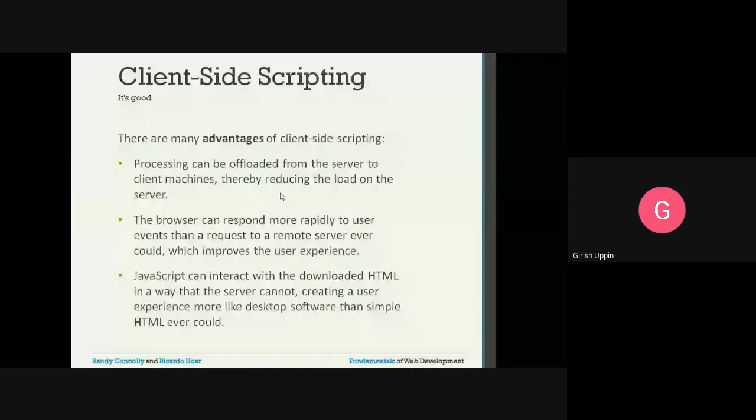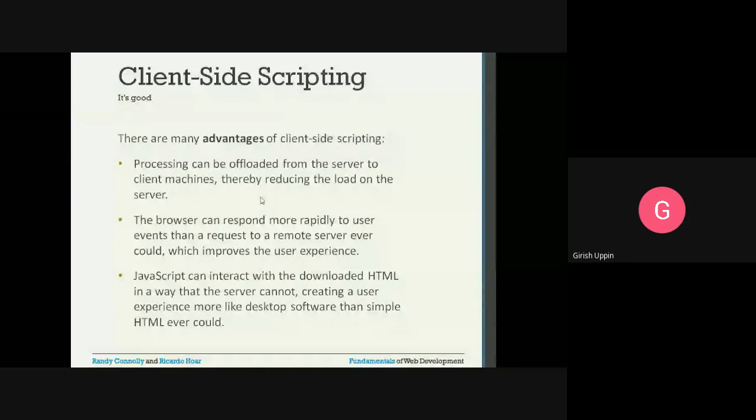And for user experience it's a great experience, because the application will look like a desktop application. So you are aware of desktop applications. For example, you have MS Office, MS Word. Those are all desktop applications. Whatever you are working on, it is directly on your particular system. There is no server side for that. A similar experience can be given to the web application using JavaScript.